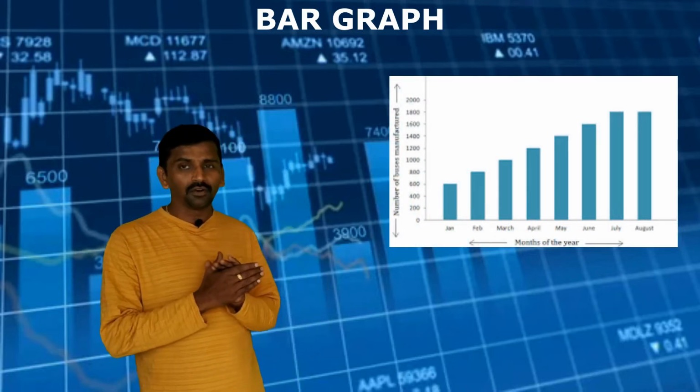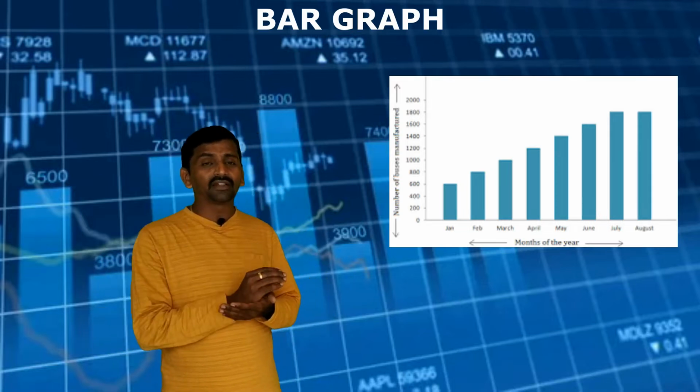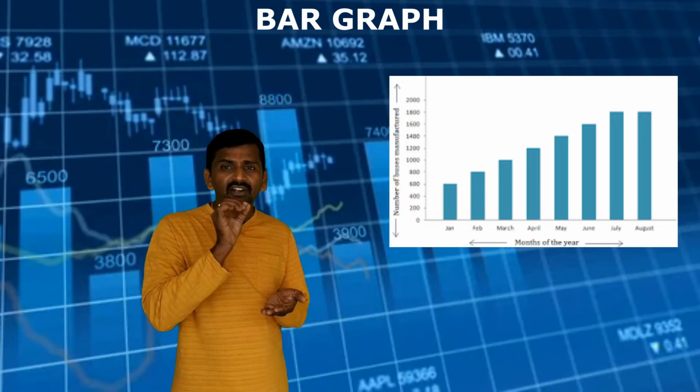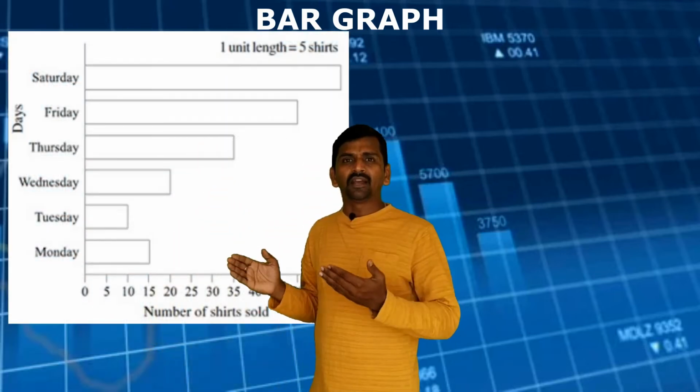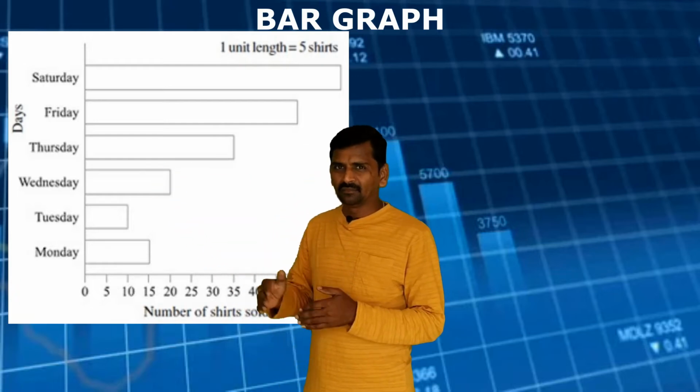In the case of a bar graph or bar diagram, the bars of uniform width are drawn horizontally or vertically with equal space, and the length of each bar represents the given number. The above problem will explain how a bar graph is interpreted. Let us take an example.